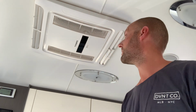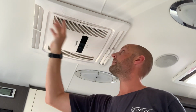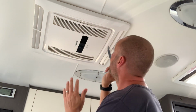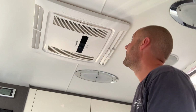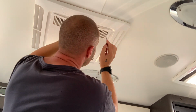filters from here. Alright, so the first thing that we need to do is basically remove this front faceplate right here. Now there's 4 clips in each corner. So basically I've just got myself a very old English butter knife. They're not sharp at all, very blunt, so it's not going to cause any damage to my plastic on the surface. So basically just get up in there, you'll see the clips together, just pull them apart very gently, pulling